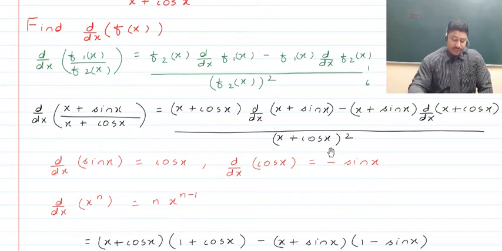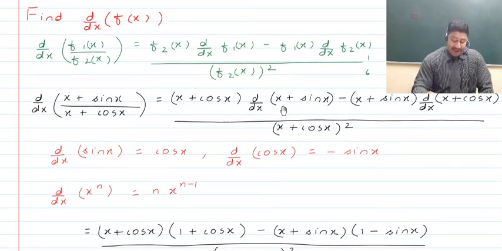Now next here, x plus cos x remains as it is, and then we write the derivative of x plus sin x. Now the derivative of x raised to the power n is n times x raised to the power n minus 1. So when we differentiate x raised to the power 1, we will have 1, which is the value of n, times x raised to the power 1 minus 1, that is x raised to the power 0, or in other words 1 into 1, that is 1, and that is why we have this 1 here. To it is added the derivative of sin x, which is cos x,